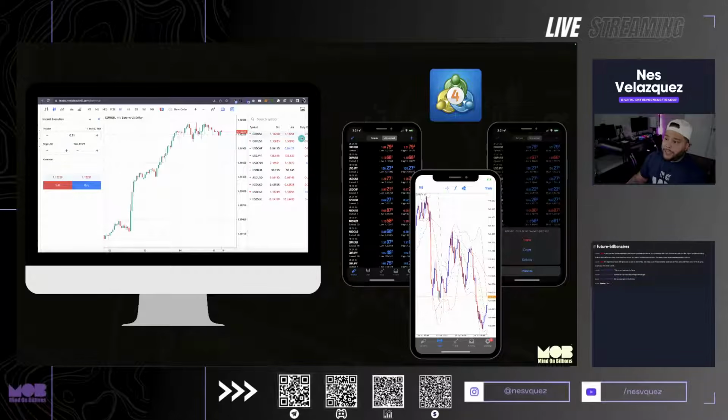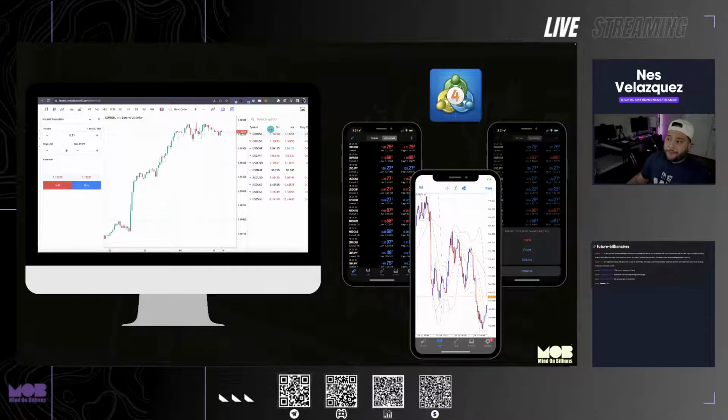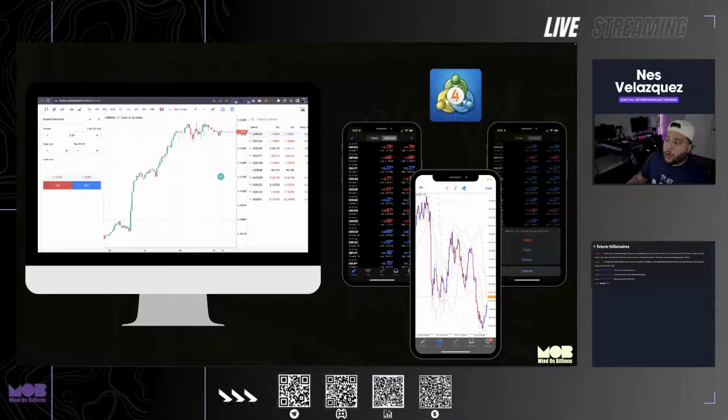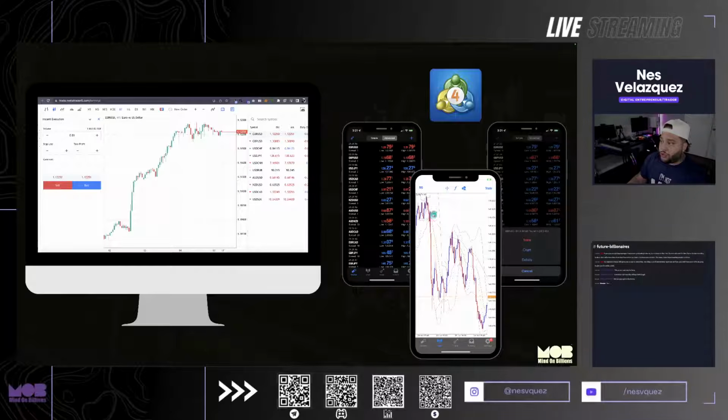Now, in these brokers, they will give you a spread count. The spread is the difference between the bid and the ask prices. They'll also lay it out for you. If you're looking at the mobile version of MetaTrader and you click on advanced, you're going to see how much the spread is for each asset in your watch list. You can execute trades on the web terminal. You can also execute trades directly on mobile if your broker allows you to connect to MetaTrader. Most brokers that are overseas will allow you to connect to MetaTrader.